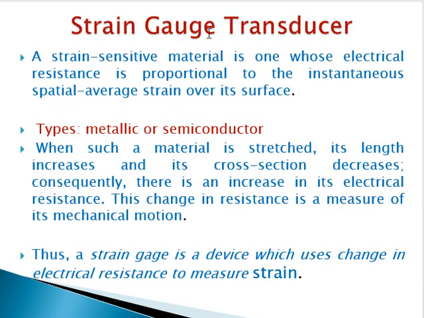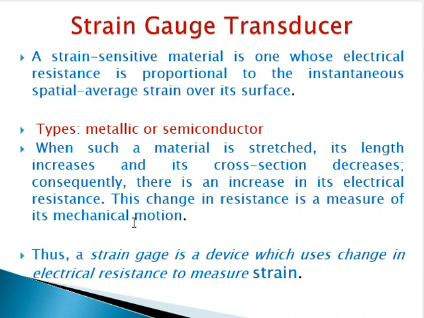So what is a strain gauge transducer? A strain sensitive material is one whose electrical resistance is proportional to the instantaneous spatial average strain over its surface. Okay, what does that mean? If you see any material which has this property, and when such a material is stretched, its length increases and its cross section area decreases. Therefore there is an increase in its electrical resistance,